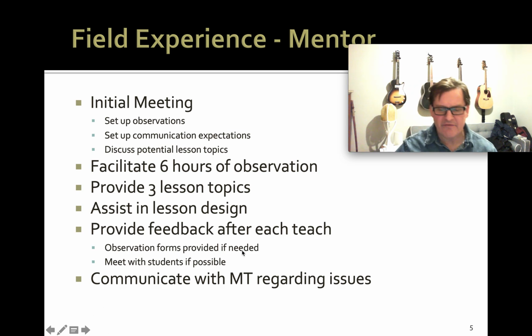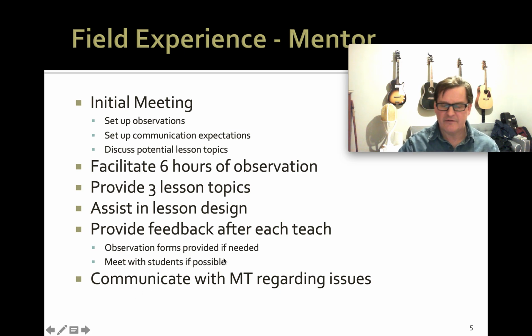We can provide feedback forms if you need those. We'll actually give you a copy of the observation form that we use. A master teacher will also come in and observe when they do their live teaching and give them feedback as well, but your feedback is much more valuable to them, because you are the practicing teacher who's still doing it, who is the expert. So they really crave that information, that feedback from you. Again, we'll provide feedback as well, but yours is equally important, actually more important.